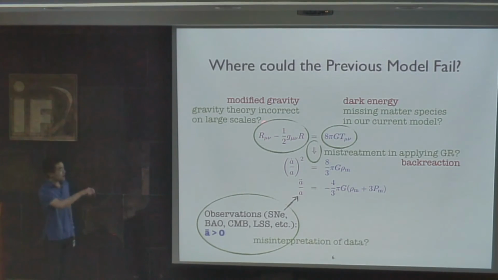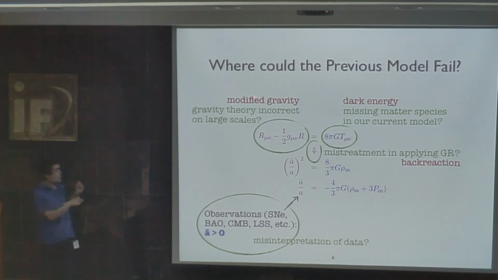So we have seen that this model was built up on general relativity plus normal matter. So we can imagine that if we have, in addition to normal matter, some exotic matter, new matter, and this is what people call dark energy. And this dark energy could have some special property which makes sure that this whole thing becomes positive. And that is one possibility.